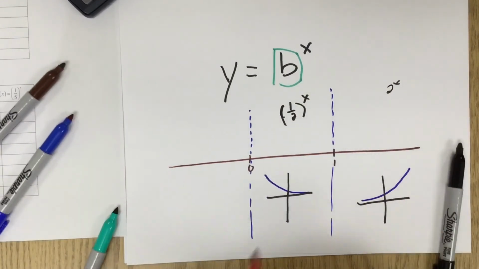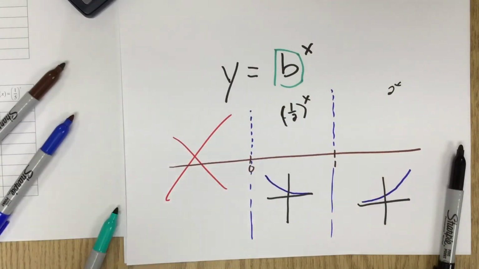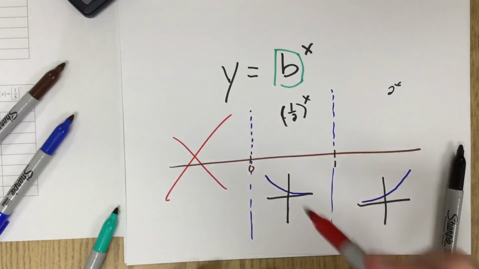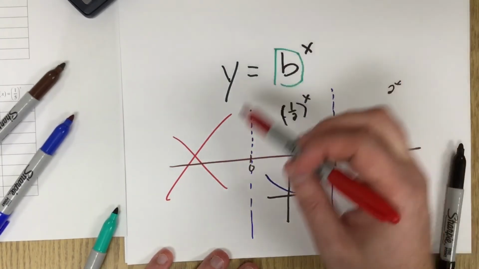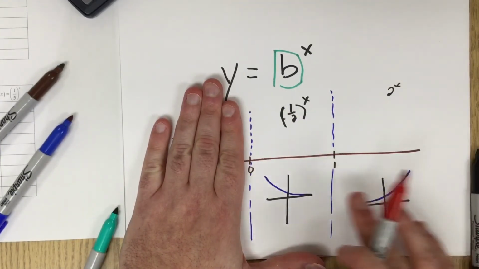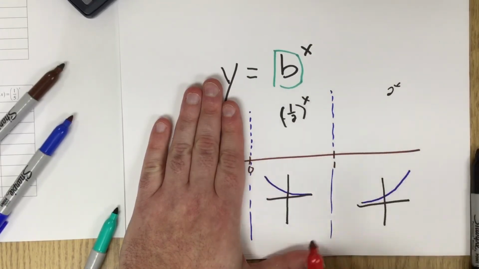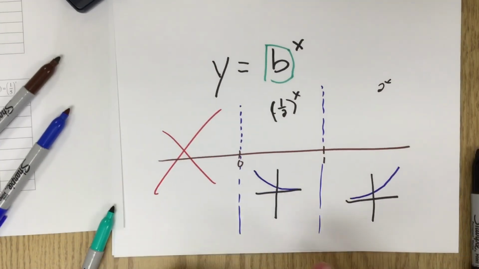And if it's negative, that's essentially a no-go zone. You can't graph those things. Those functions, for a variety of reasons, don't exist. We are never, ever in this course going to consider any bases that are less than 0. So in this course, as far as we're concerned, all the bases are positive, and they're either between 0 and 1, or they're between 1 and